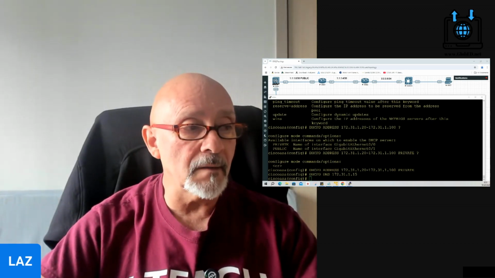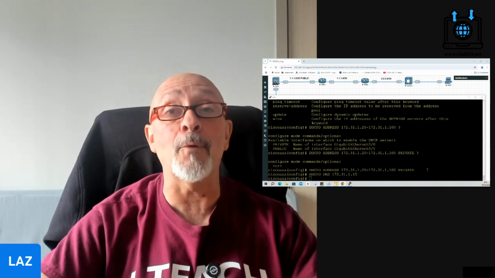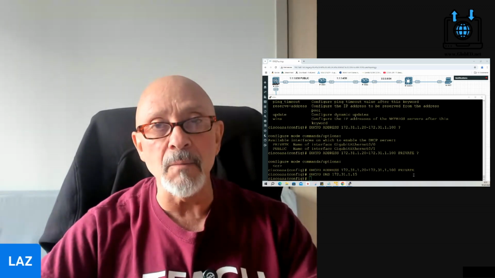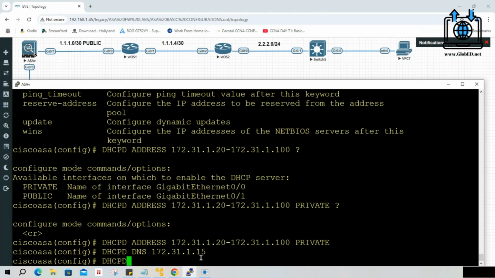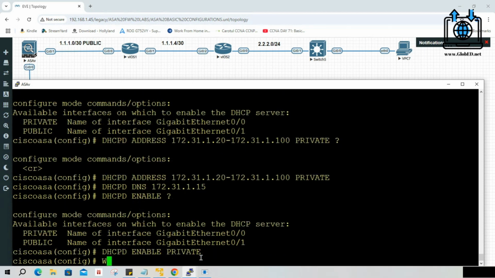You've configured the DNS. Great. And the pool of addresses is pointing to the private interface, which is the one going towards your LAN, but you still haven't enabled DHCP. So let's go ahead and do that. dhcpd enable for who? The private, right? And let's question mark it out so you can see what it's there. All right, and let's save it, write mem.